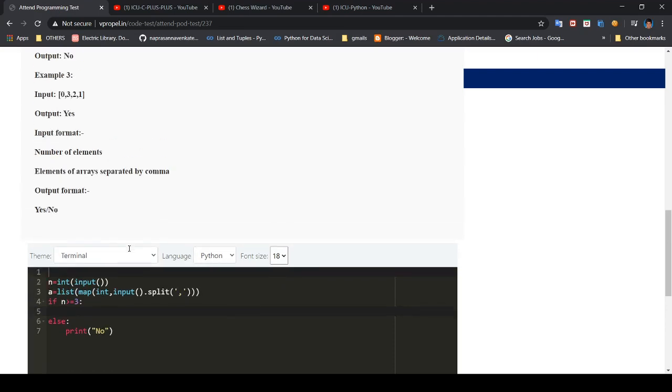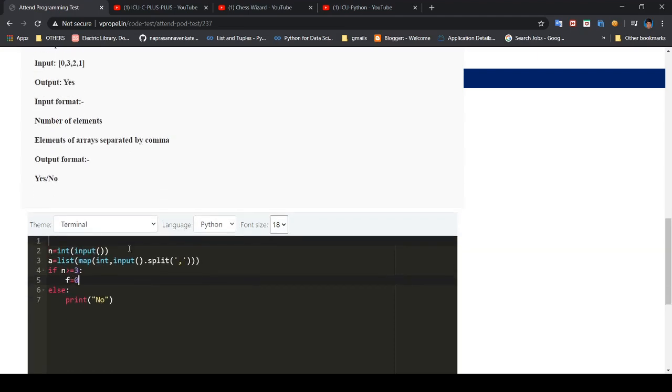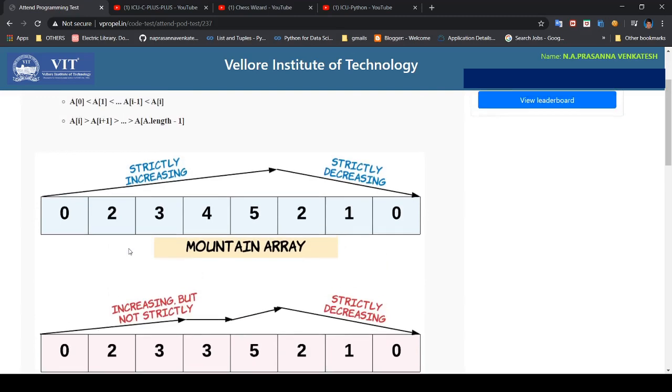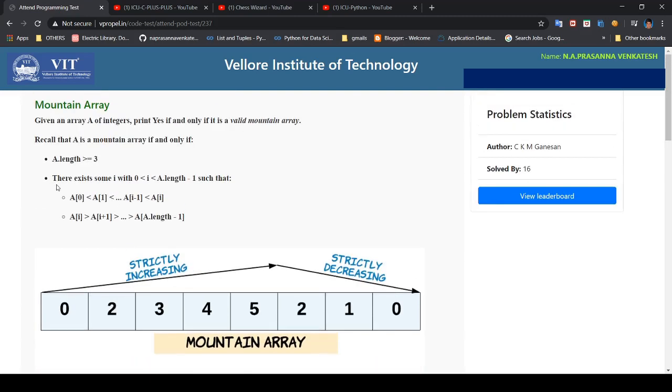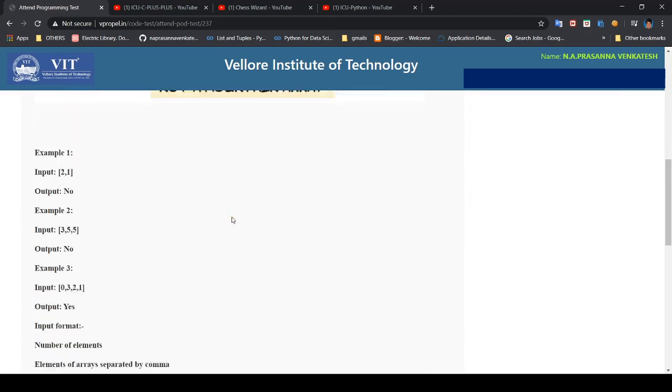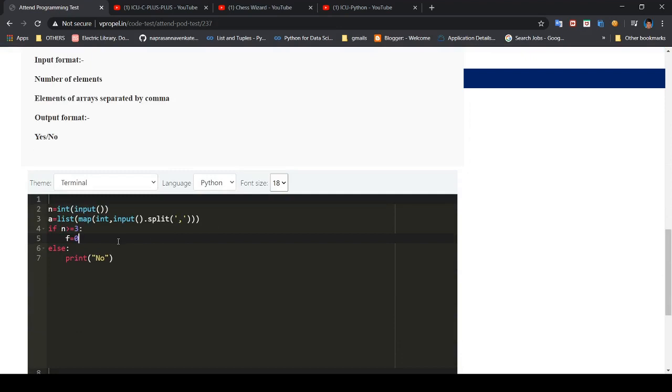If n is equal to 3 or more, let us keep a flag stating that if we find an integer I with this condition, we should set the flag to 1. Initially it is initialized to 0.